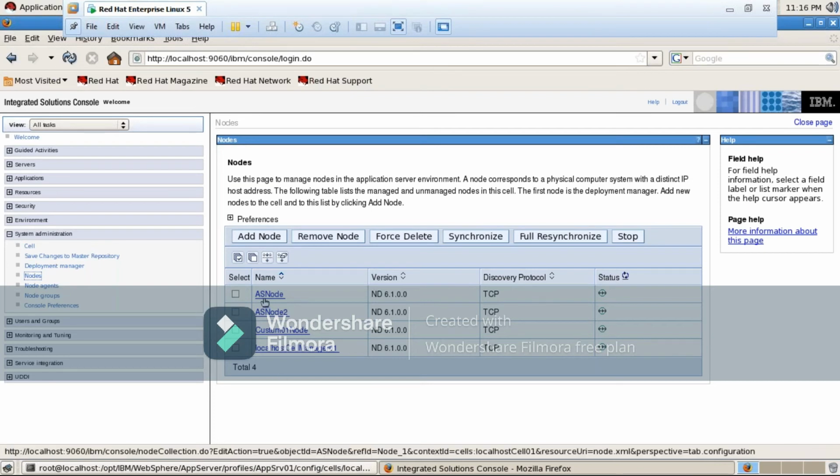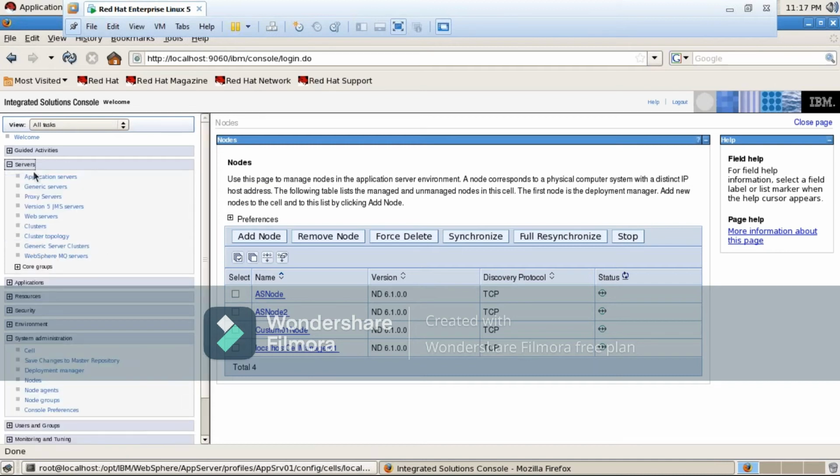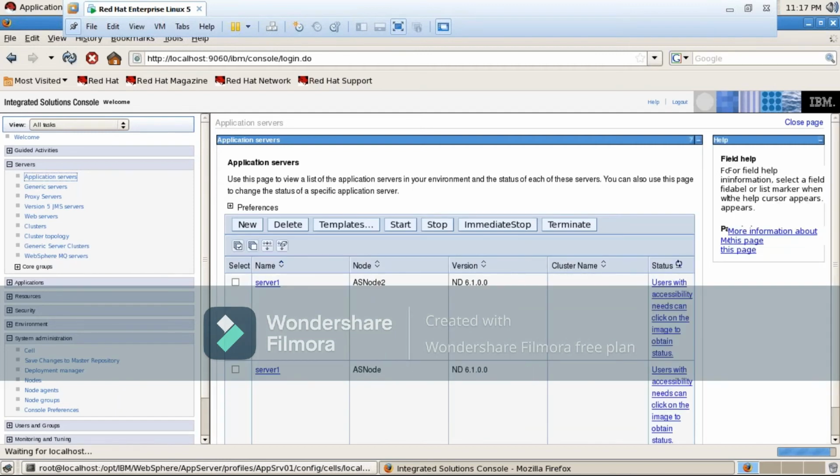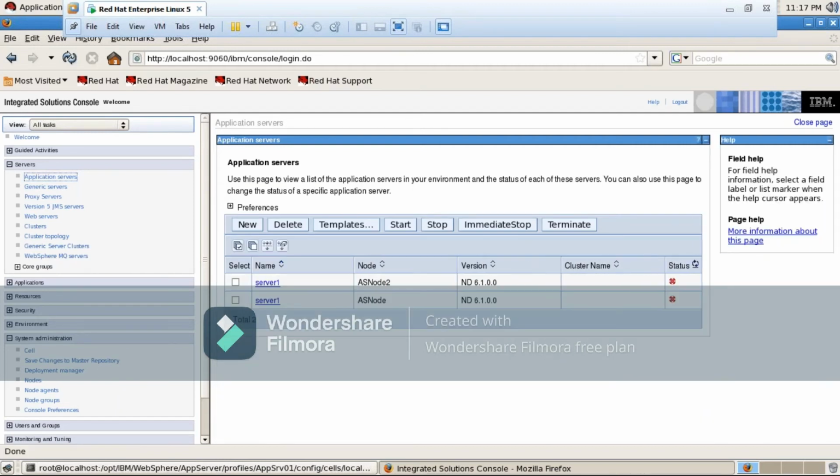Why? Only one is enough, because if one node is an application server profile node, the default server1 will come in it. So for sure every cell is going to have one application server profile federated, because this server1 template is needed for clustering and security, a lot of things. I will tell you once the situation comes.